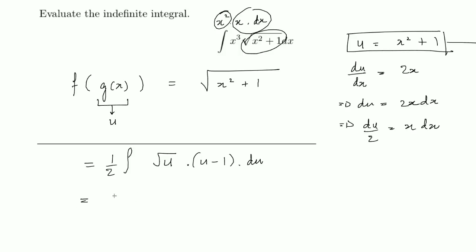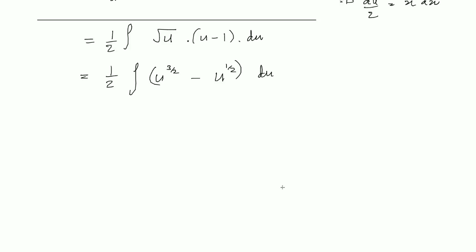Okay? Once again, this is just polynomial integration. This is u to the power half times u, which is u to the power 3 halves, minus square root of u, which is just u to the power half. This is not so hard, is it? Well, this just becomes half,